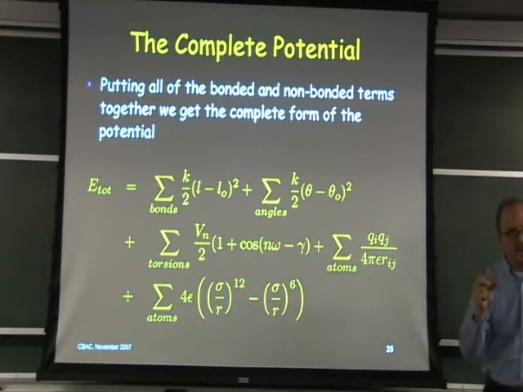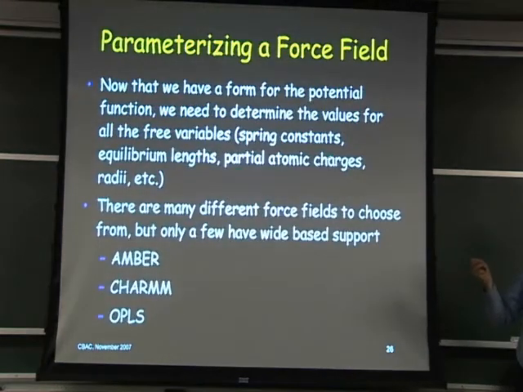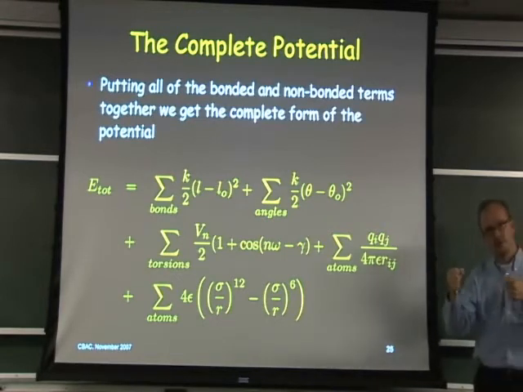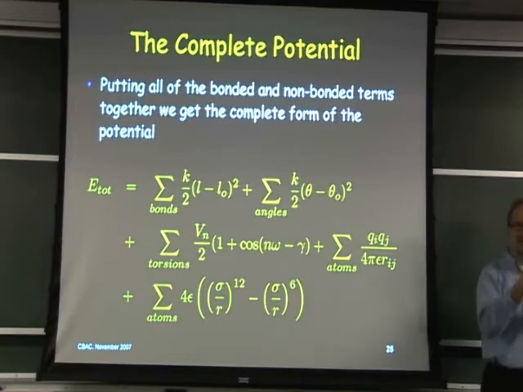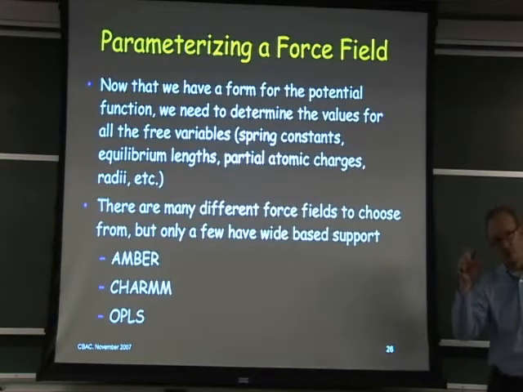Okay. Now we've got this potential with all these different terms. Now we actually have to parametrize everything. All of these spring constants, right? Each one of these L naughts or theta naughts or these K values is going to be different depending on the specific pairs of atoms, the specific bond we're looking at. So we have a lot of work to do to parameterize this, but through a lot of quantum calculations, looking at crystal structures, using things like Raman spectroscopy, which can give you measurements of bond fluctuations, you can actually do a very good job in parameterizing.